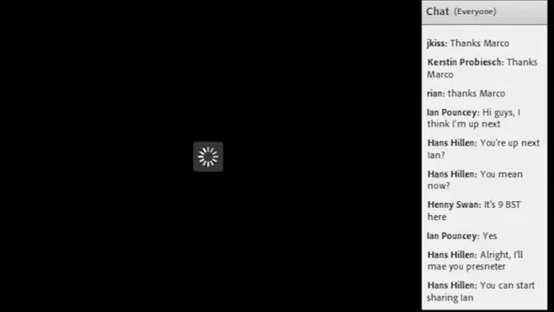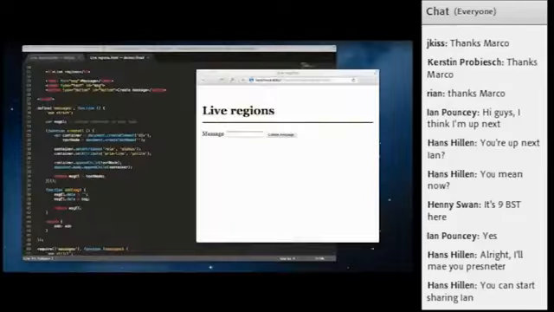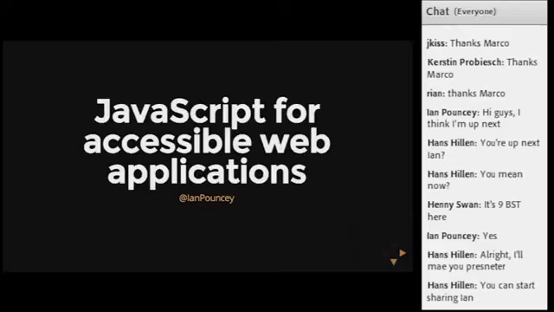So, POUR, this is the W3C's principles of accessibility: that web pages and applications should be perceivable, operable, understandable, and robust. Robust means that content must be robust enough that it can be interpreted reliably by a wide variety of user agents, including assistive technologies.